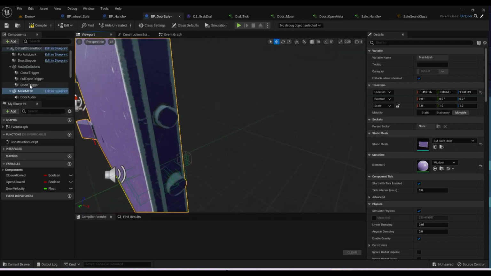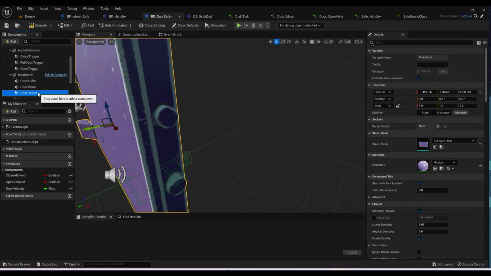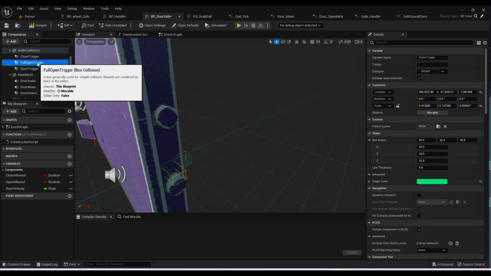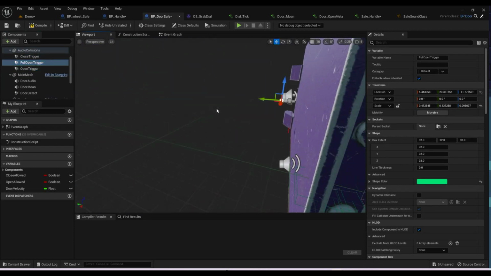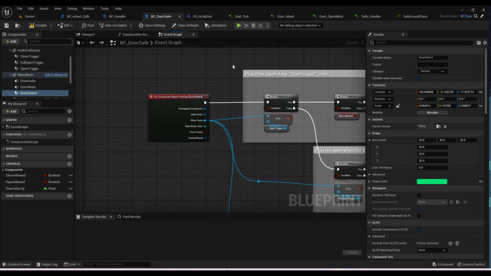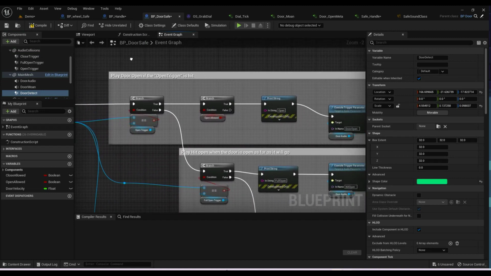For this, I made a door detect collider that moves with the mesh, and three colliders that are stationary: Close Trigger for when the door closes, Open Trigger for when the door opens, and Full Open Trigger for when the door is open as far as it can go. Most of the audio here is based on a collision check with the door detect collider. The blueprint goes through a series of branches to check what it is colliding with, and then plays different MetaSounds